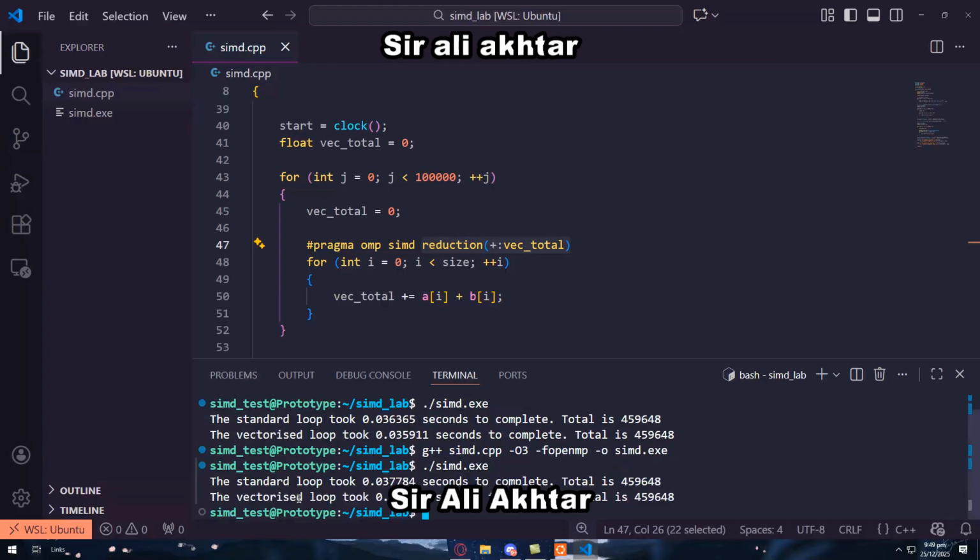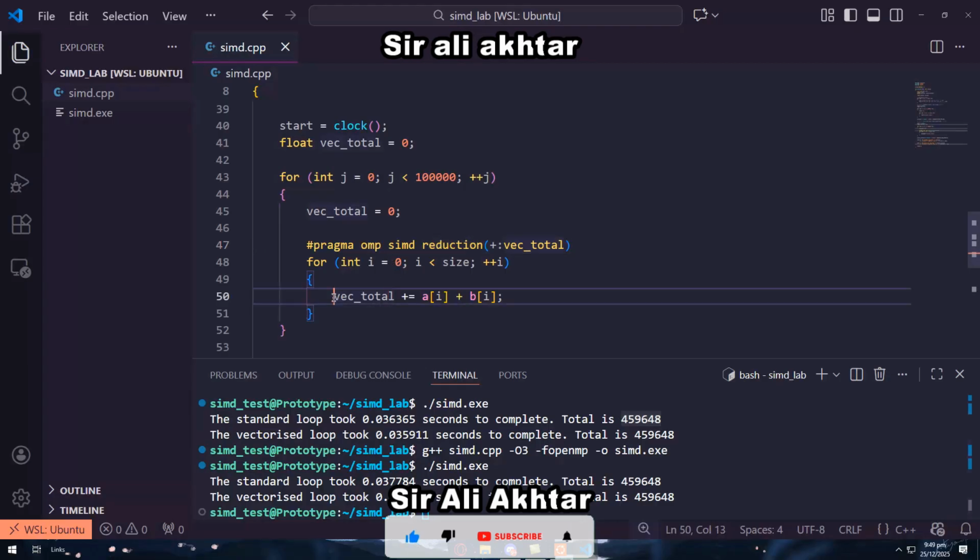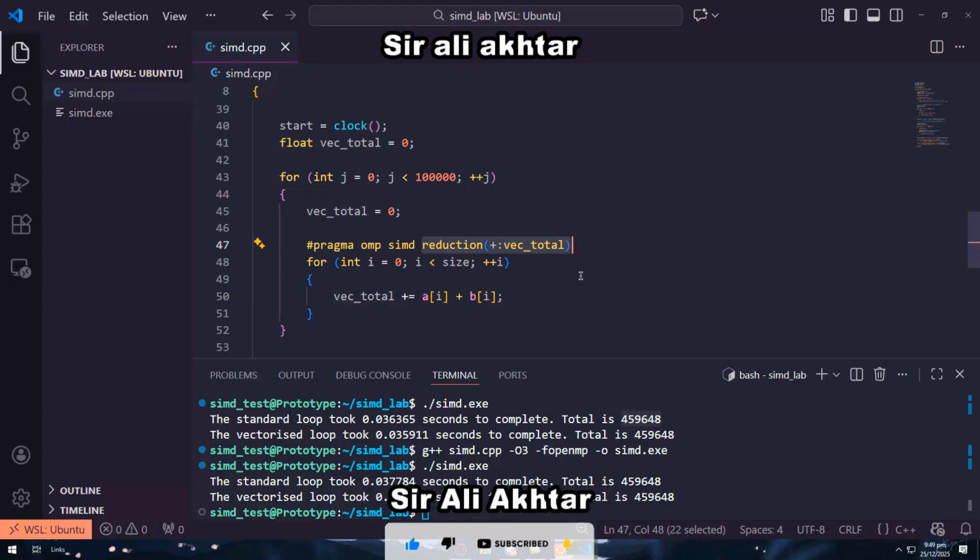now we can see that the standard loop time is more, the total is similar, and the vectorized loop time is 0.008 seconds. It has noticeably decreased because it's now properly working in parallel. The total of both executions is the same, as the logic was implemented similarly. Only one addition to the code was applied, that is reduction, and we got our appropriate result. Okay students,